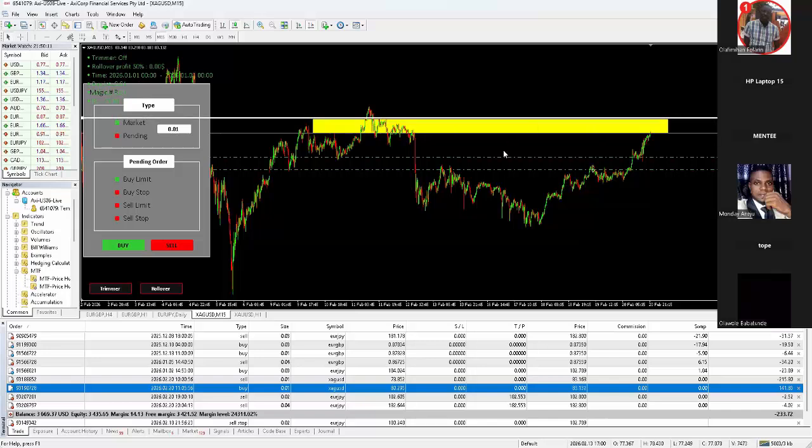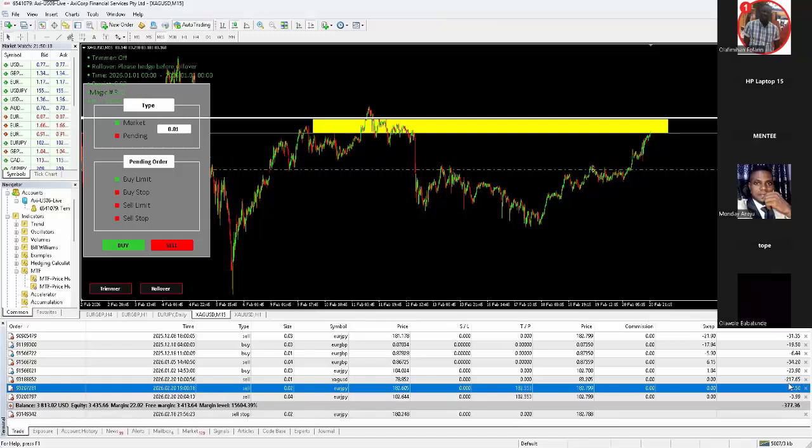This is a zone I want to respect. So now what I'm going to do is come to 142 and close it for good. Then what am I going to do? Now, if you come to our